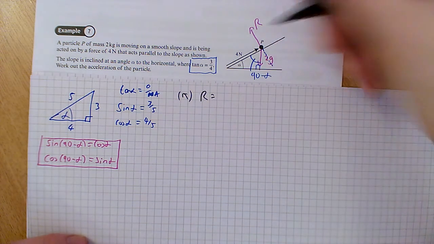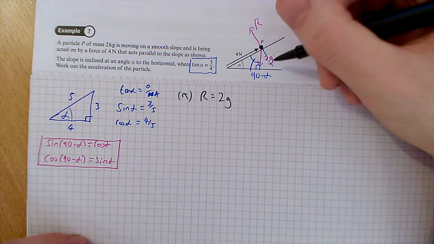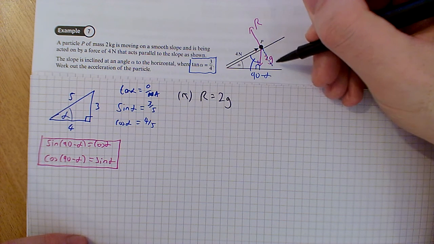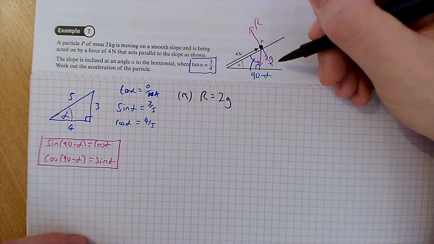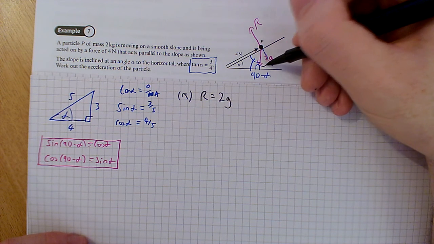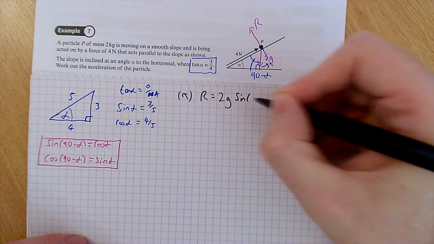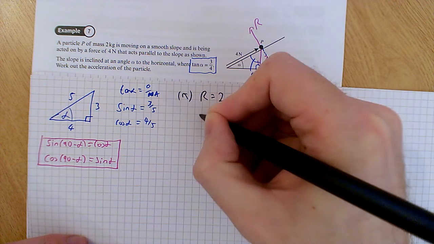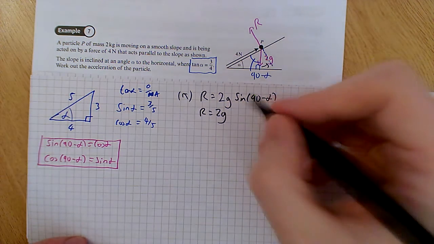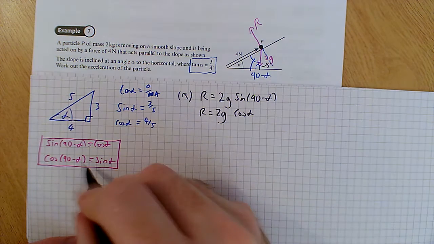So the reaction is equal to, and here we've got the 2G force, but it's not the 2G force as it is, because the 2G force is straight down, and you can see this dotted line is the perpendicular direction that we're resolving along. So to move from the 2G to the dotted line, we would go away from my angle of 90 minus theta, and if we're going away, it's sine of that angle. Then we change that using our formula down here to be cos alpha, right, 90 minus alpha is the same as cos alpha,